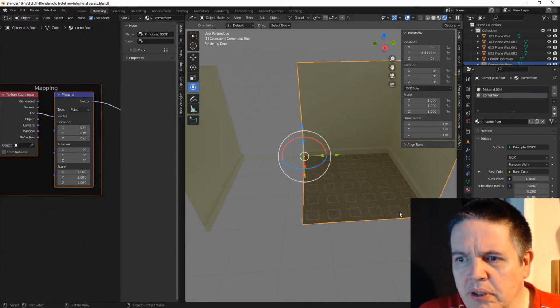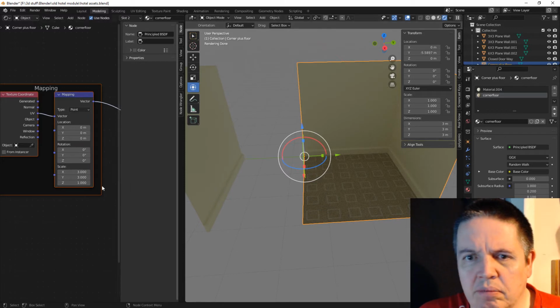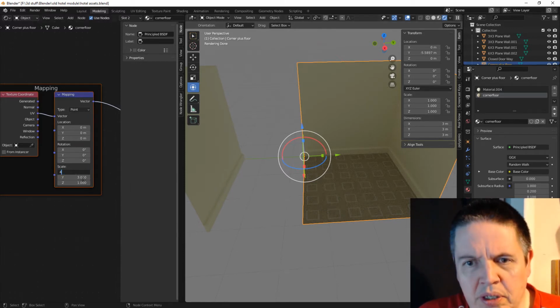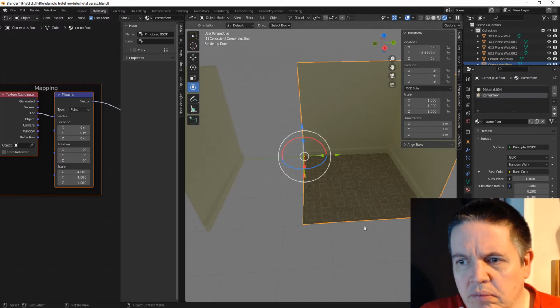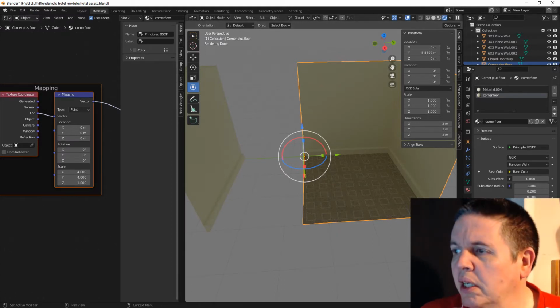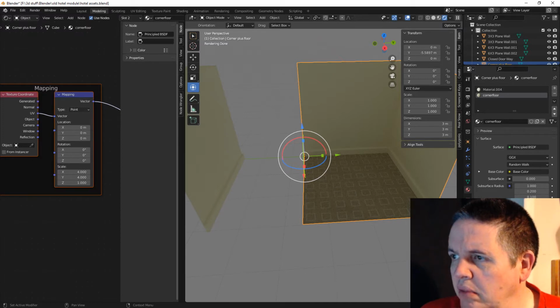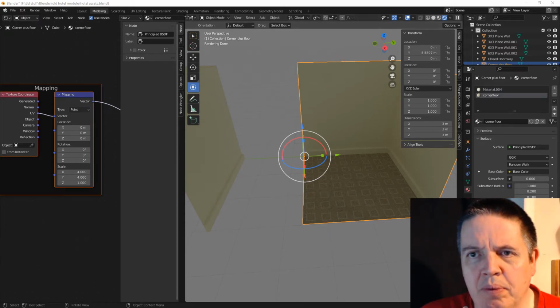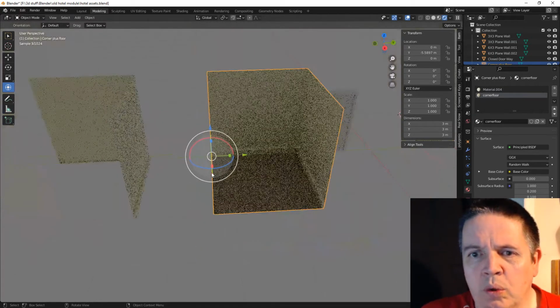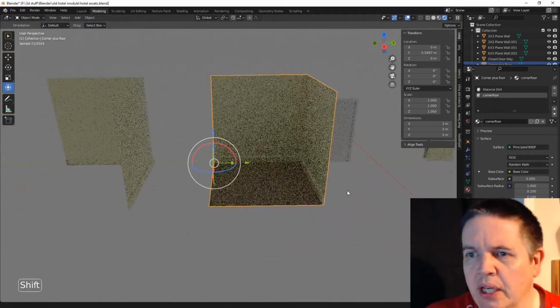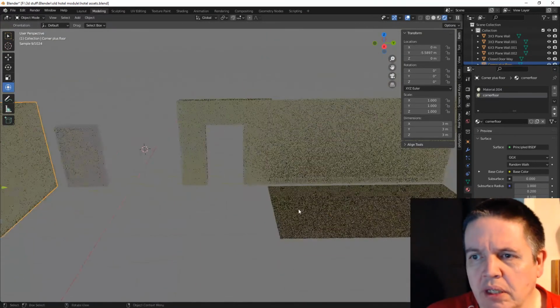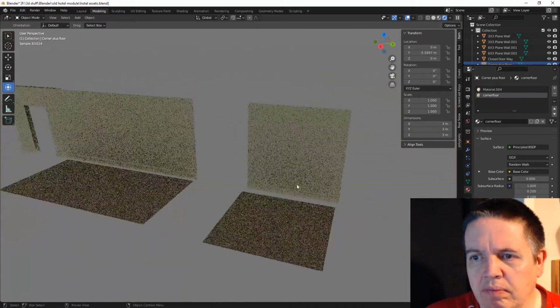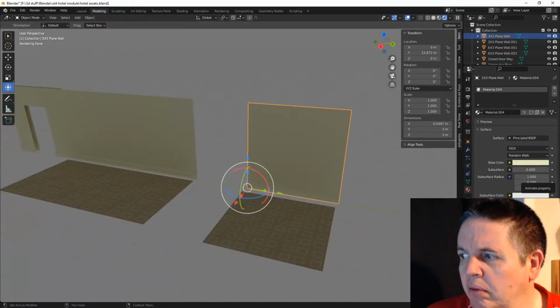So what we've got here, 1, 2, 3, 4, 5, 6. So maybe try a 4 by 4. 1, 2, 3, 4, 5, 6, 7, 8. 8. Excellent. Okay. So we've got our floors done, which I'm happy with. We have our walls done, which I am okay with. What we've got to do now